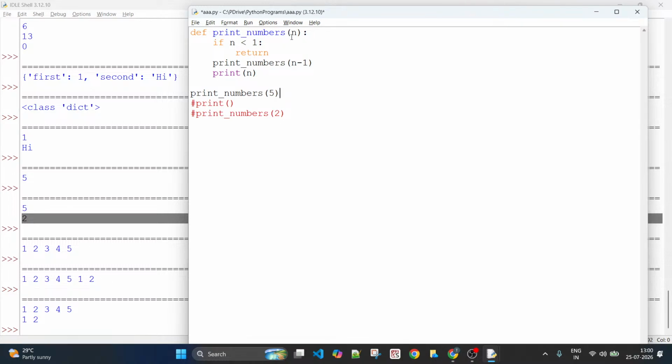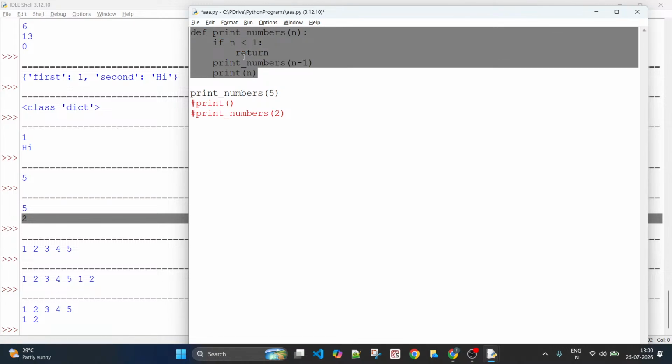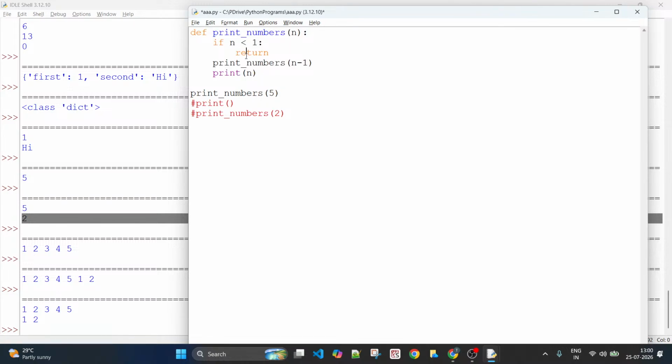But when you implement recursion, you have to be very much careful about that infinite execution. So first of all, what did I receive into n when this was called from here? 5. But when I'm calling this again, what did I pass? I have passed 4 because 5 minus 1 is 4. So because it is a function call, and where is this function defined? It is defined here. Now it comes here. What is the value of n now? It would be 4 because you have passed 4 only. 5 minus 1, 4. It checks the condition now.